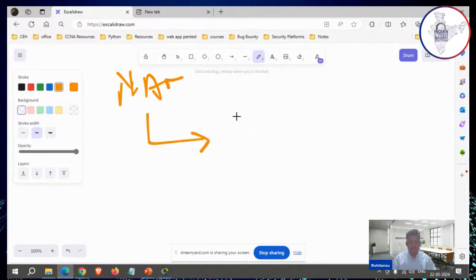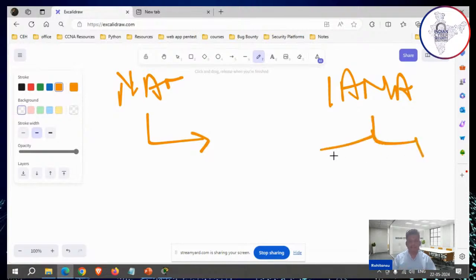IANA has divided the IP addresses into two schemes, public and private. Public addresses are accessible on the internet, whereas private addresses are not. To convert private addresses to public addresses and public to private, we require NAT, network address translation.